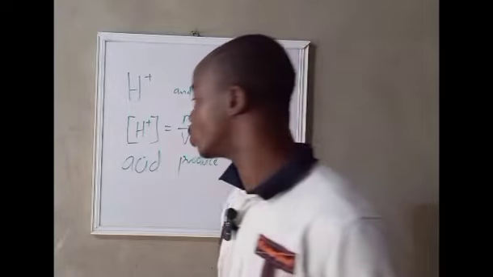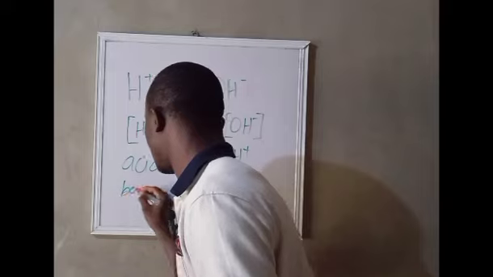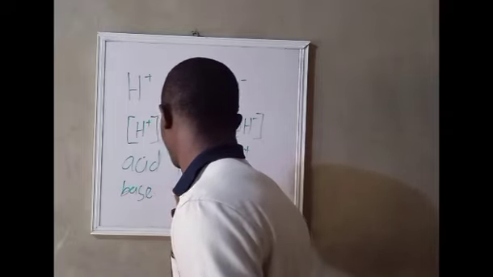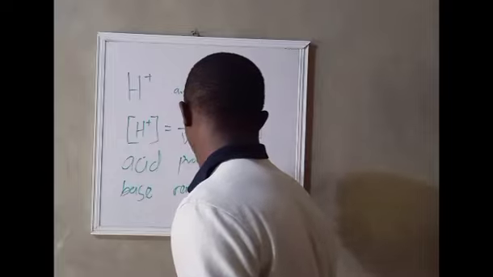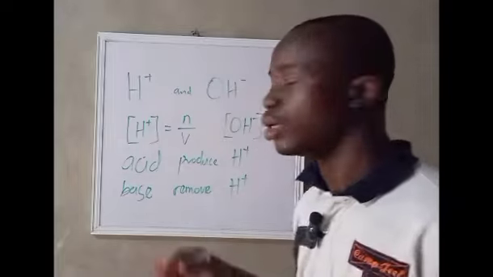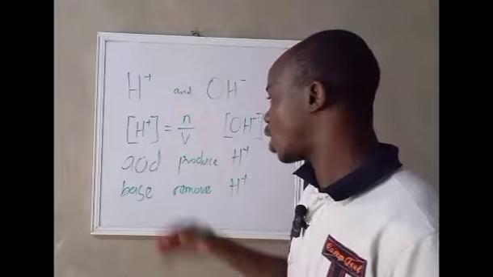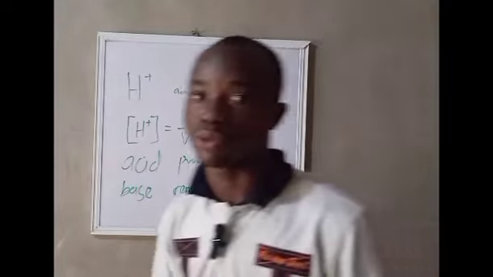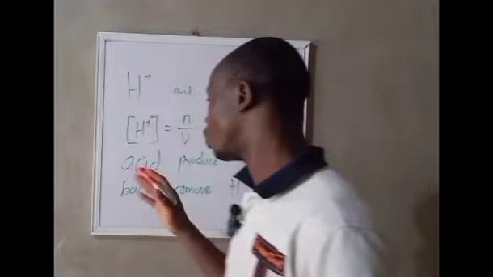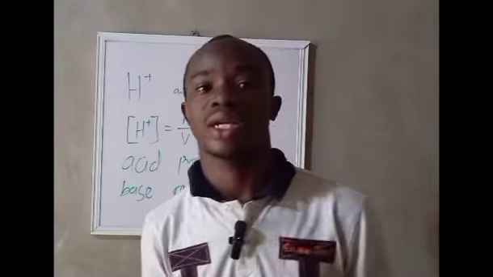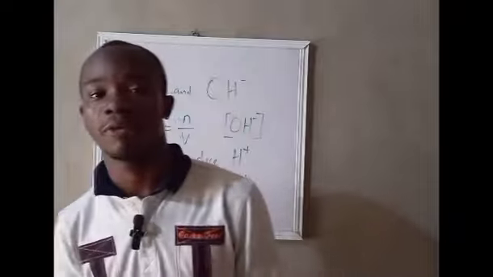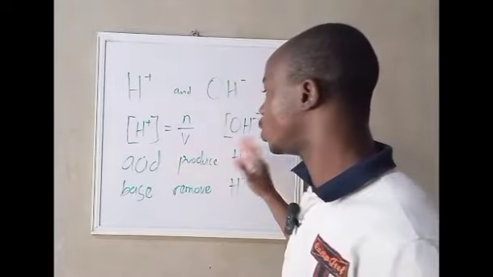They produce H plus, while bases remove H plus from a solution. So these two kinds of substance, one will produce H plus, while one will remove H plus from a solution. If you add an acid to an aqueous system, what happens is that the acid will dissociate to give us more H plus,